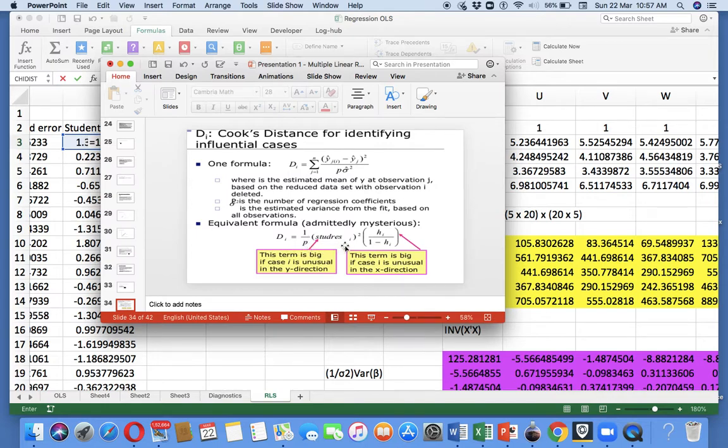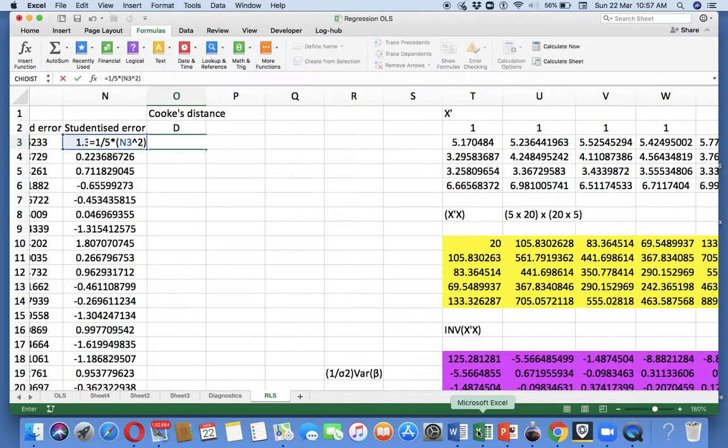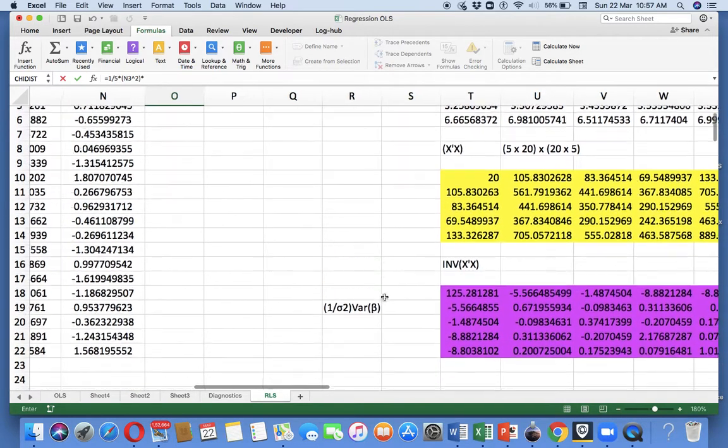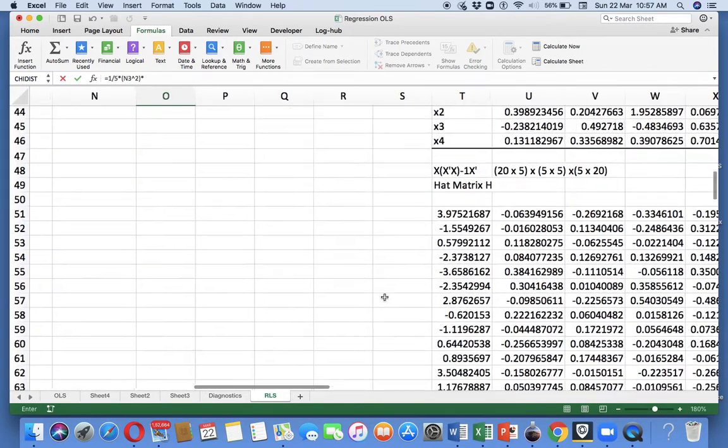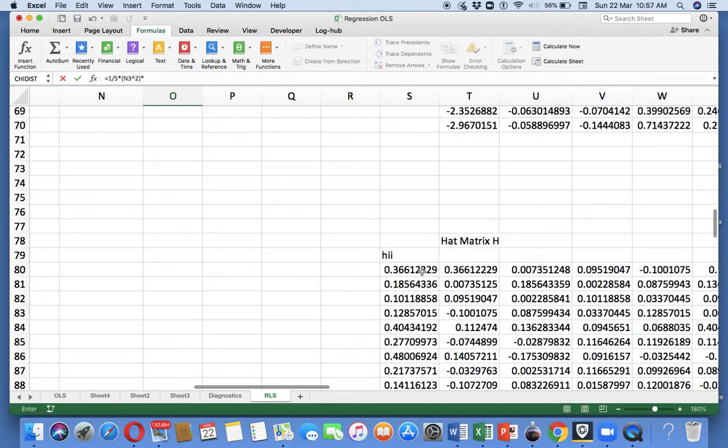1 by P into the studentized residual squared into H divided by 1 minus H. I'll put 1 minus H here itself, otherwise you could have done 1 minus HII here.